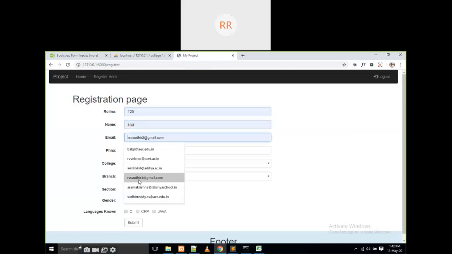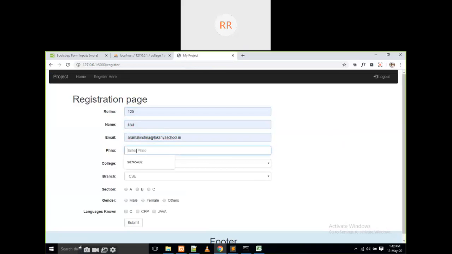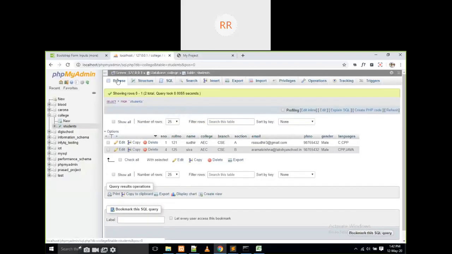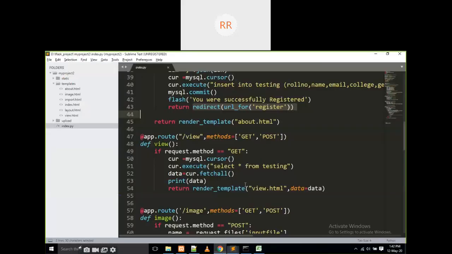Some email like this, and some phone number, and this section, some mail, CPP, Java. If I click on submit and refresh it, if you observe, it is inserted only one time. Okay, that is the use of redirect of URL.